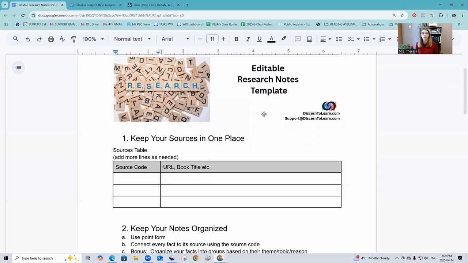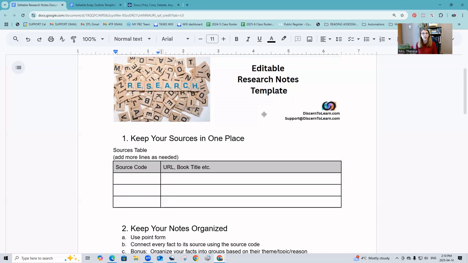They should be able to read a paragraph and find the facts that are most important to what they're looking for. So not necessarily summarizing it. We don't want them to take all of their documents or websites that they find information at and summarize them. That's not going to be helpful for research notes. For research notes, they need to be able to look for the facts that are going to prove what it is they're proving.